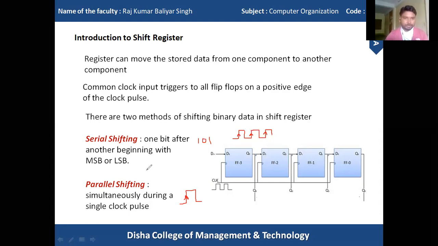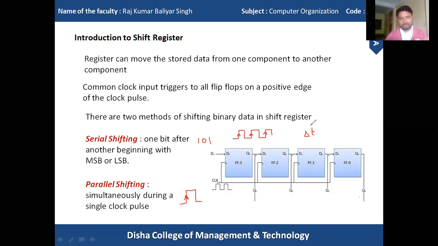If we compare serial shifting and parallel shifting, in serial shifting there is a propagation delay, or we need more time. That propagation delay is measured with delta t, and this feature leads to another application of registers, called the delay line.